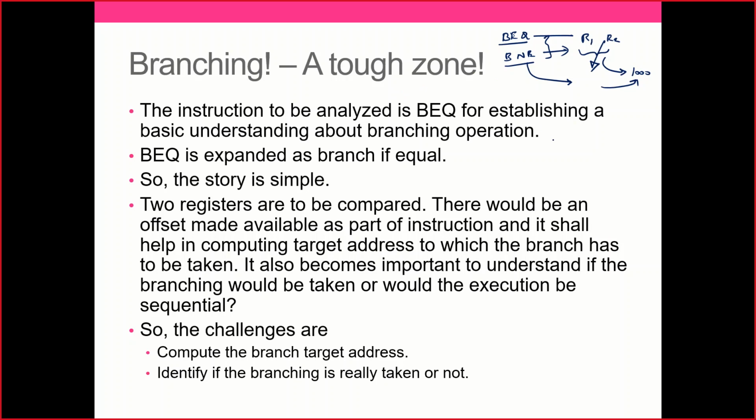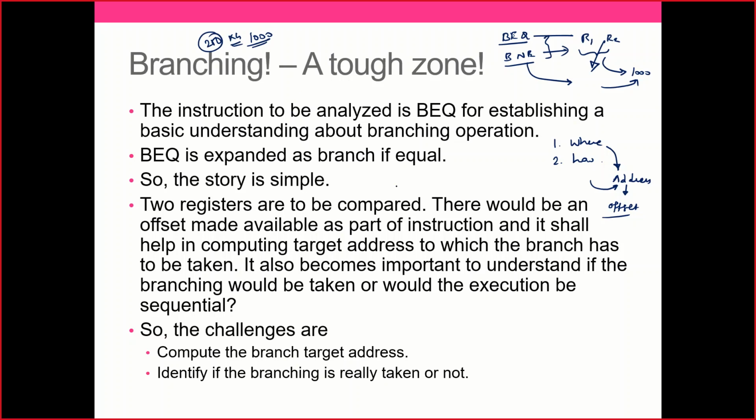Now, we need to understand a couple of things here. The first thing is, where do we branch, and how do we branch? And if we understand where do we branch, there will be another question aligned to it. How do we calculate the address to which we need to branch? Because what we have in hand is only the offset, but we'll have to branch to a location. Say 1000 is the location. I'll not get 1000 directly. I would have got only 250. So I need to multiply by 4. So all these things are to be remembered.